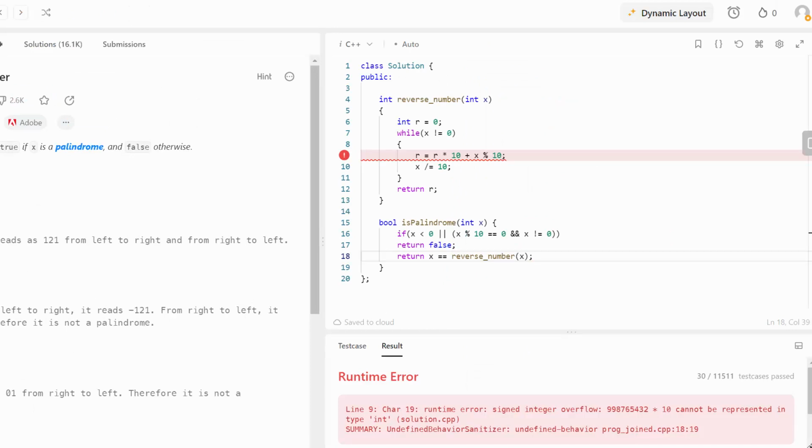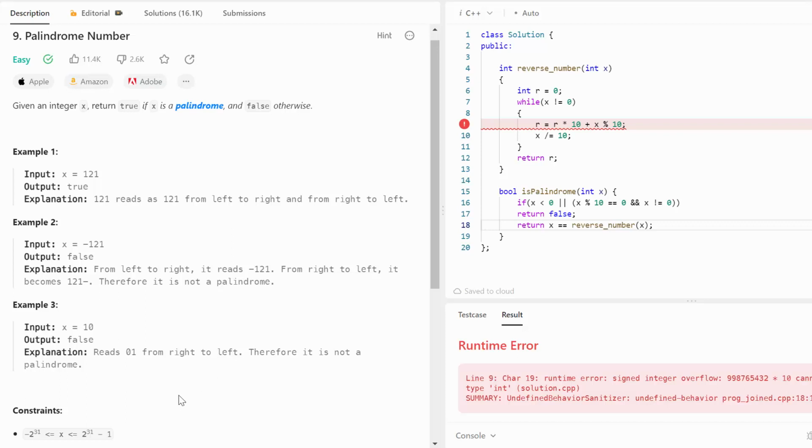And you can see that I have runtime error, signed integer overflow. So some integer cannot be represented as integer in this solution. And this is exactly why we have our constraints. In our constraints, it was said that x is any integer number.